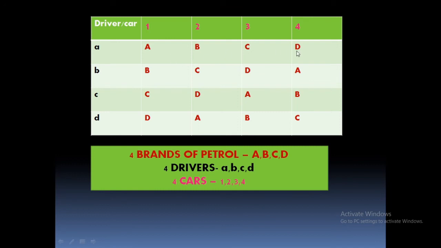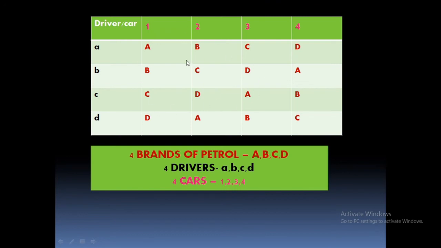Clear? 4 treatments. What are the treatments? 4 brands of petrol, A, B, C, D. Those are the treatments. 4 cars, 1, 2, 3, 4. 4 drivers A, B, C, D. How will it work out?